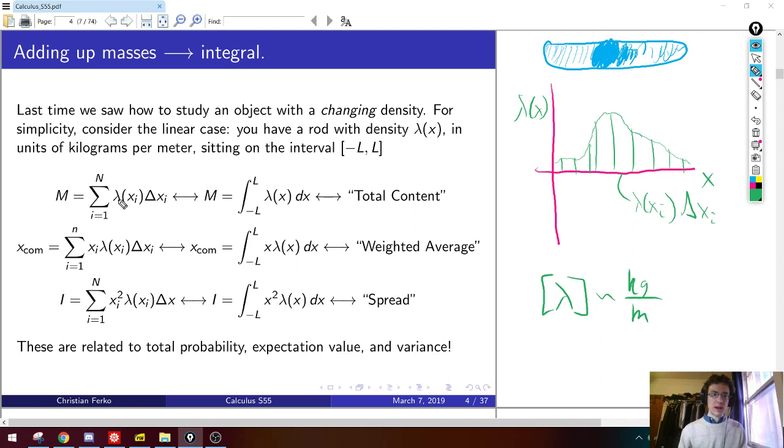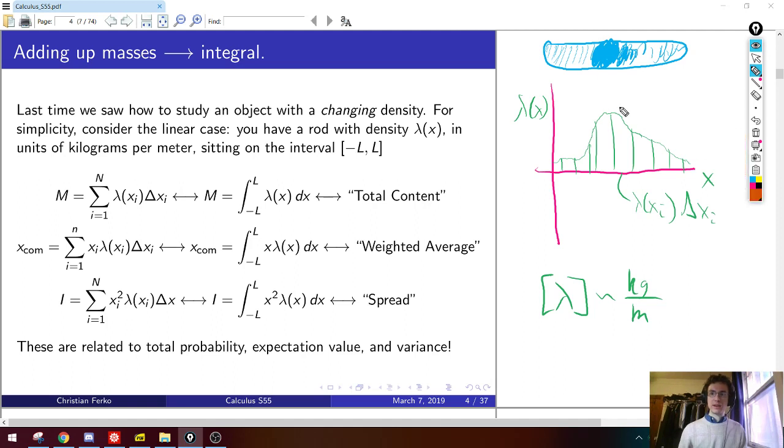But then we saw there were higher integrals you could do. So if you wanted to not just add up the density of each chunk, but take a weighted average of the locations of the chunks, where the weight is the density function, then this is a sum which is going to add up locations on the rod with heavier weight for locations associated to more massive chunks or denser parts.